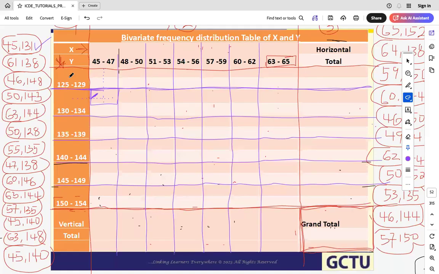Okay, very good. So let's continue. So we are done with the first one. Let's do the second one. 61 against 138. So we go look for 61 in the X. So the 61 is in this range. And like I do, it will keep coming down, waiting to meet 138 at the side. So you have the 61 coming down this way,